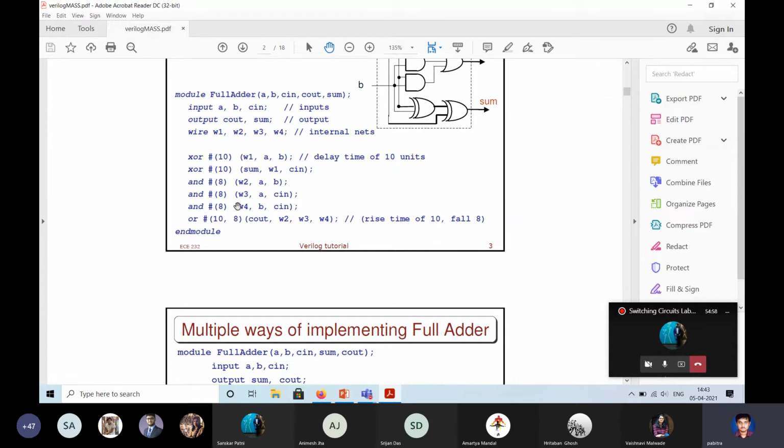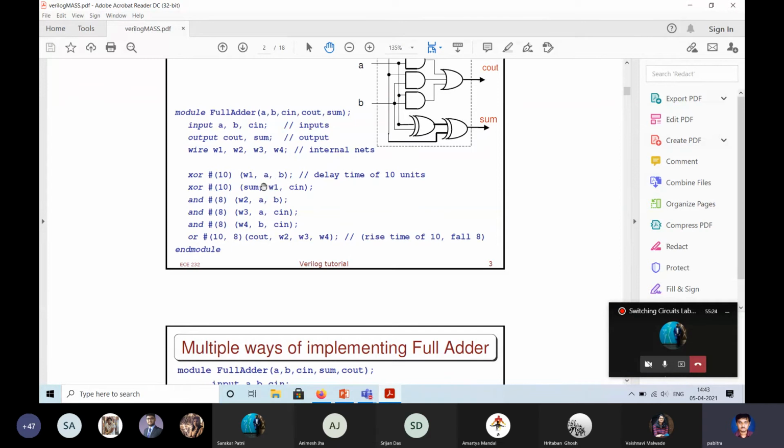So you see, this is kind of a Boolean expression that we have written. What this means is that you apply the XOR module on W1, A, B. We will define the XOR module later, but let me tell it now.